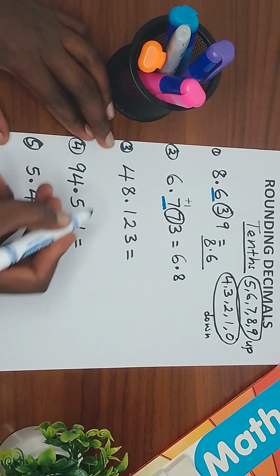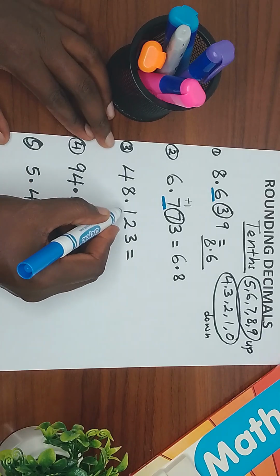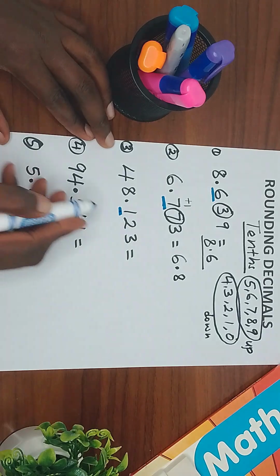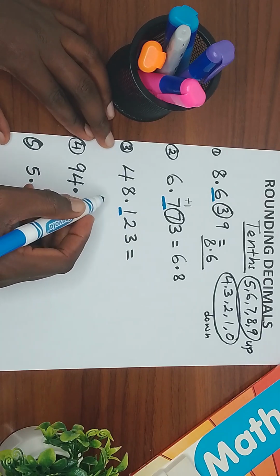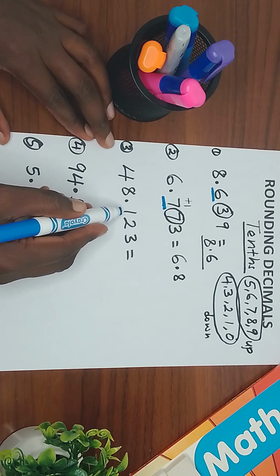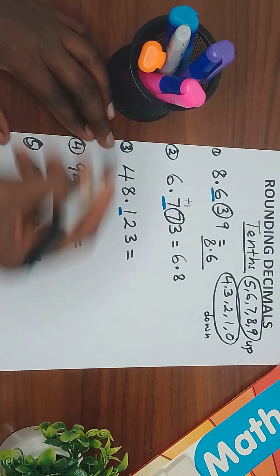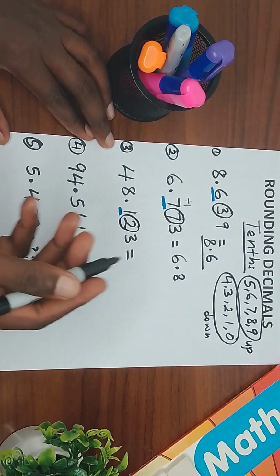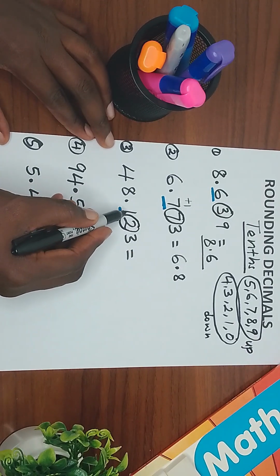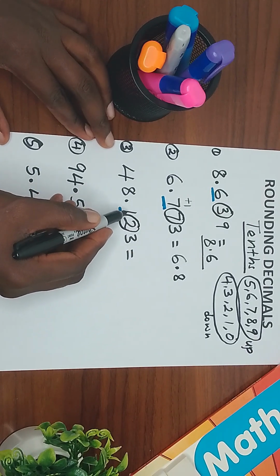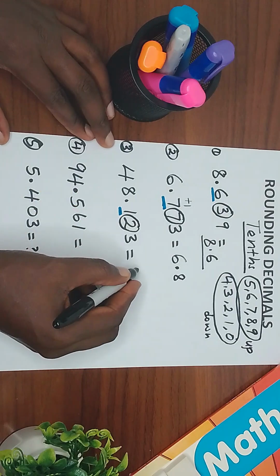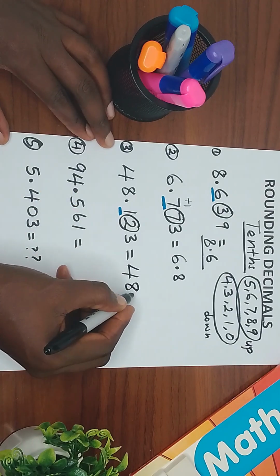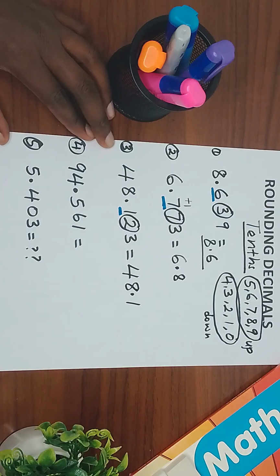The place value that we are looking for is here after the decimal, the tenths place. We have a 1, and the next number in this case is 2. So 2 is going to round this number down to stay the same. It will not change it. So our answer here is going to be 48.1. It will not change. Our next example is